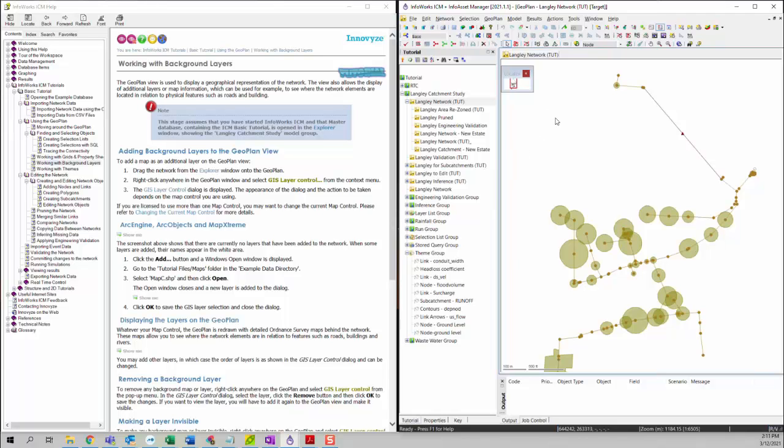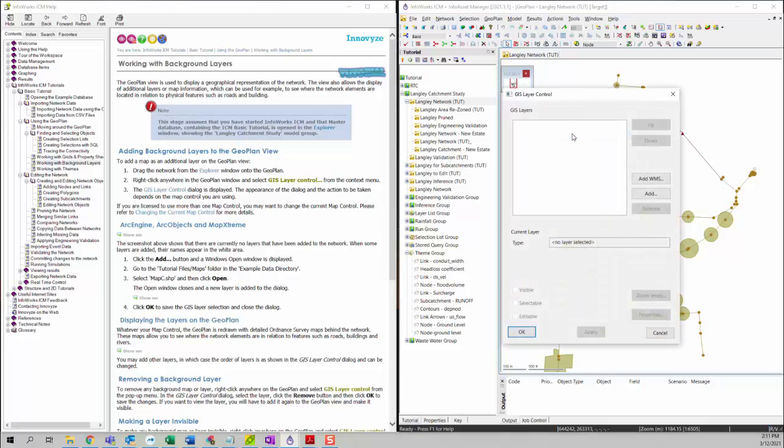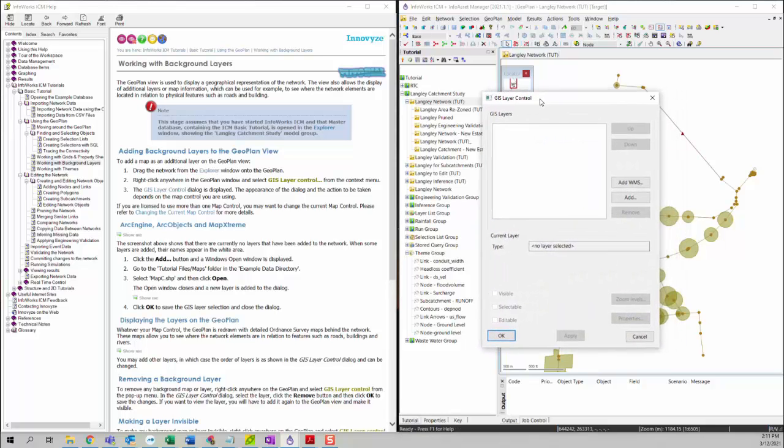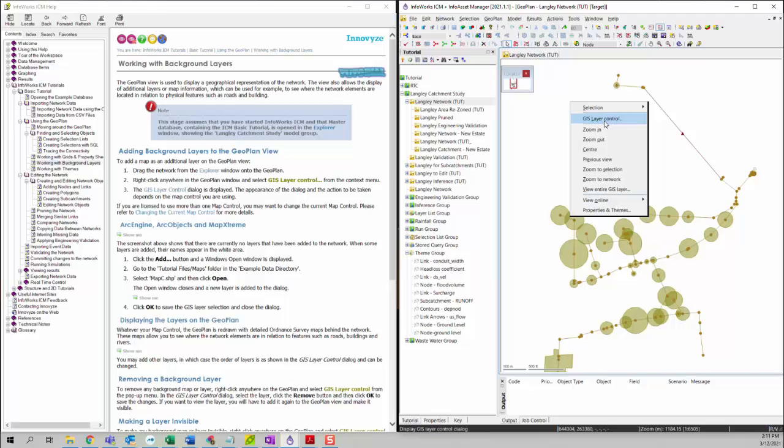we are going to right-click on the GeoPlan and then choose GIS layer control. And then you can see the GIS layer control dialog is displayed. If you have a GIS layer control but it's grayed out, the reason is that you did not choose appropriate map control. So you can refer to the previous tutorial for map control setup, but I will talk about it